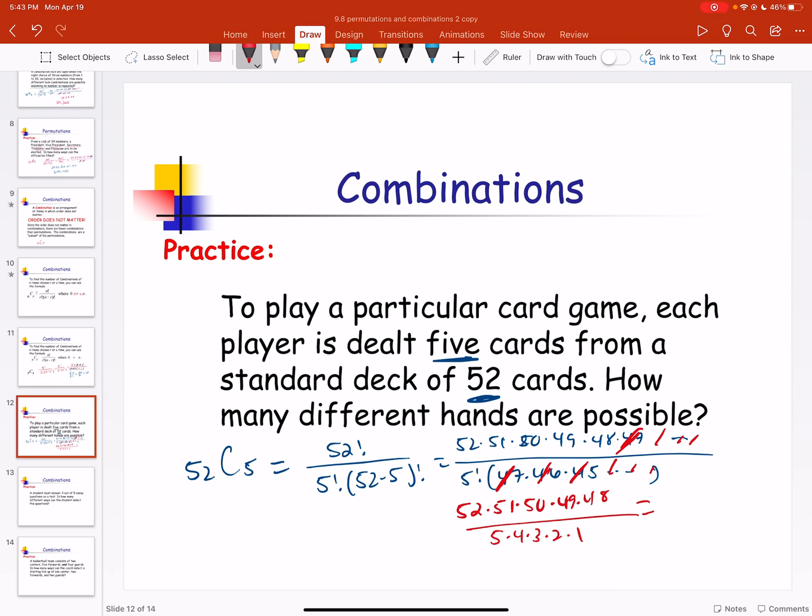to simplify those values. So 52 times 51 times 50. It's going to get very big very fast. So that's going to be 311 million. And then divided by 5, 4, 3, 2, 1. So that's 20 times 3 is 60 times 2 is 120. So divided by 120 is 2,598,960 combinations. So permutation is going to give us a lot more different combinations than if we're just looking at